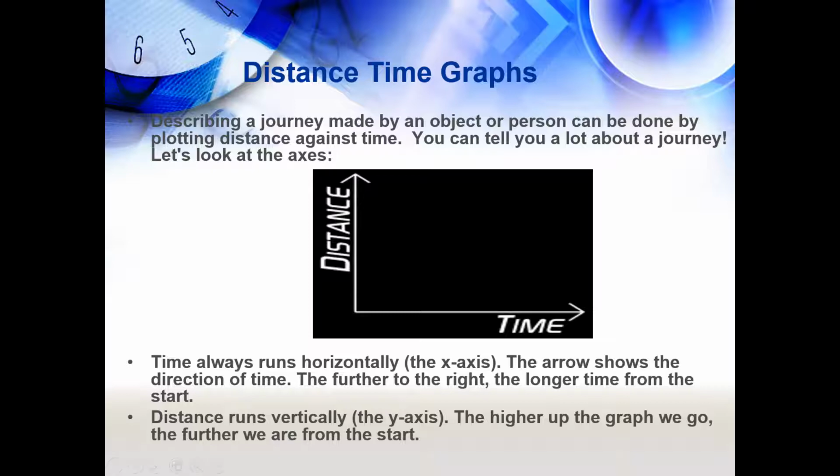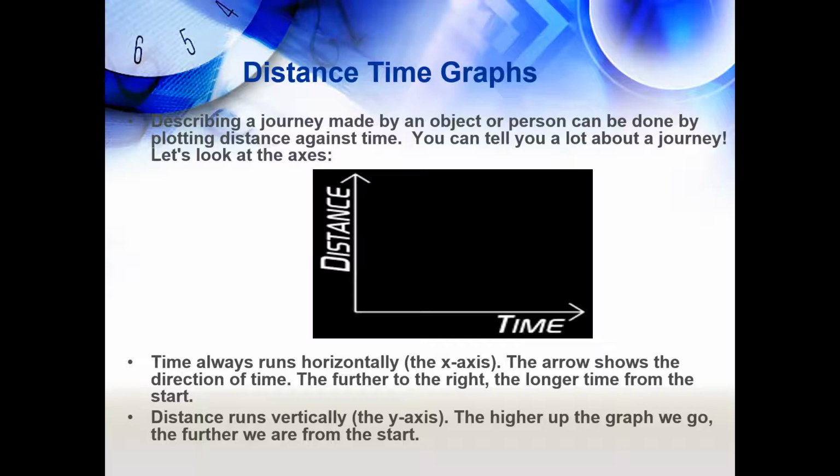So as you can see in the axis, on the y-axis, distance is mentioned, and on the x-axis, time is mentioned. The horizontal axis is known as the x-axis. The vertical axis is known as the y-axis. So basically, the independent variable, which does not depend on anything, is taken on the x-axis, and the dependent variable, which depends on something, is taken on the y-axis. This is the general rule for making graphs.